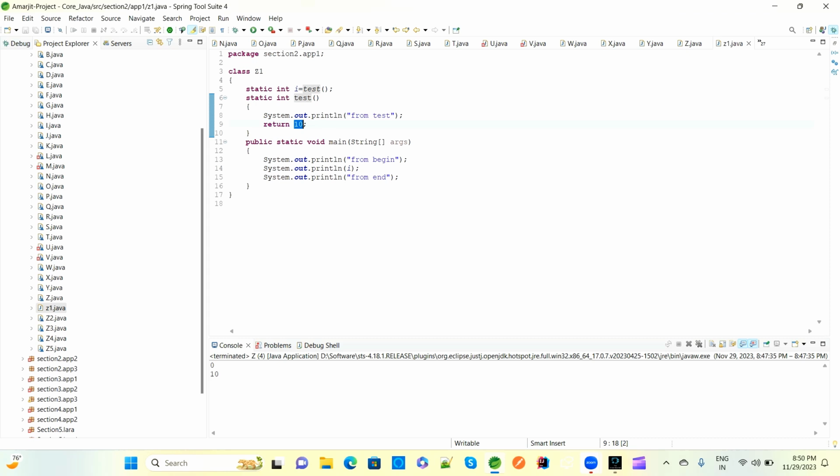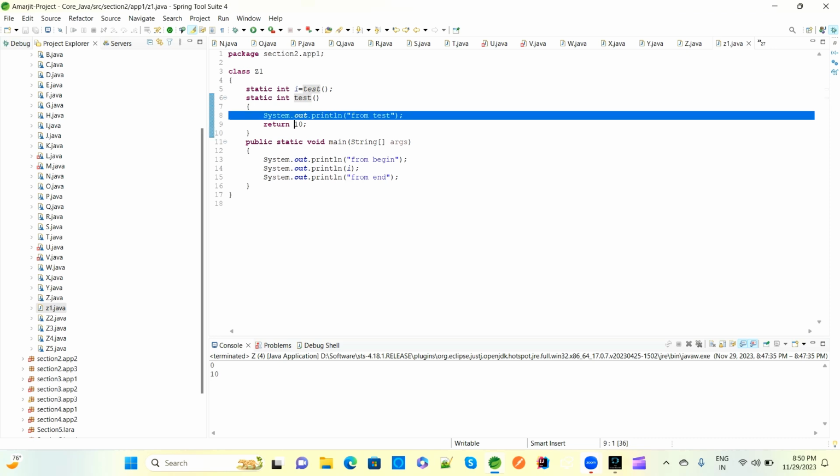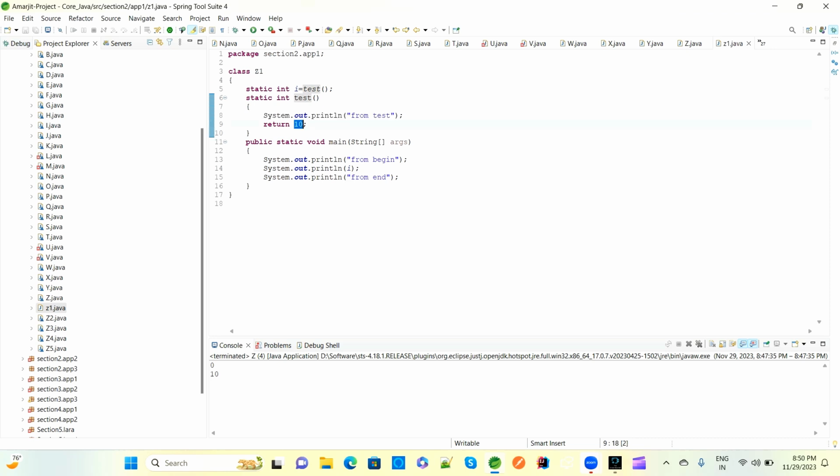So the compiler will go for the main method first. So the main method has "form begin", and after that they are printing some i. So I will go from this i, and i has the test method. So the test method will be called, SOP "form test" will be printed, and then return 10 is there. So that 10, and then "form end". So if we run this program,